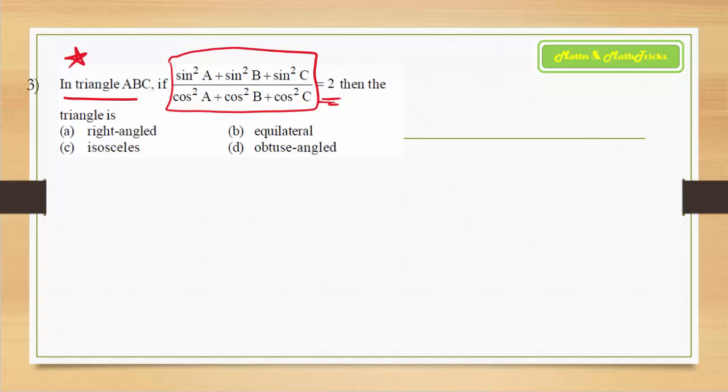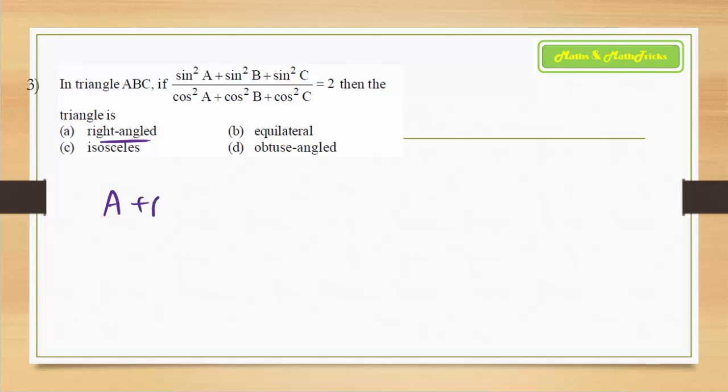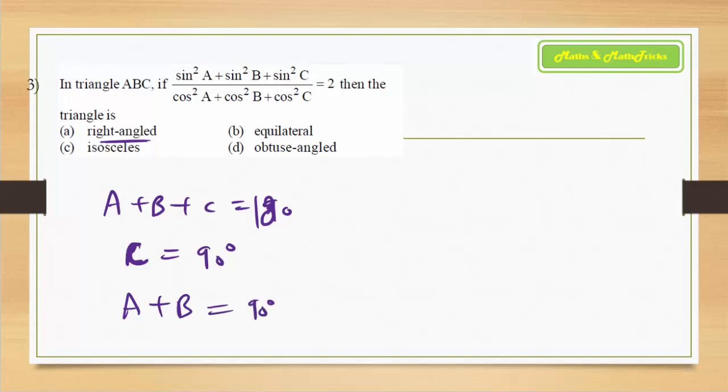So what is the hint for such kind of problem? You just always check for the easy option. What is the easy option? Right angle triangle. So what do you mean by right angle triangle? A right angle triangle is a triangle where the sum of the three angles is 180 degrees, though one of the angles is fixed. So I am fixing the angle C as 90 degrees. Then definitely A plus B turns out to be 90 degrees. That is the speciality of a right angle triangle.